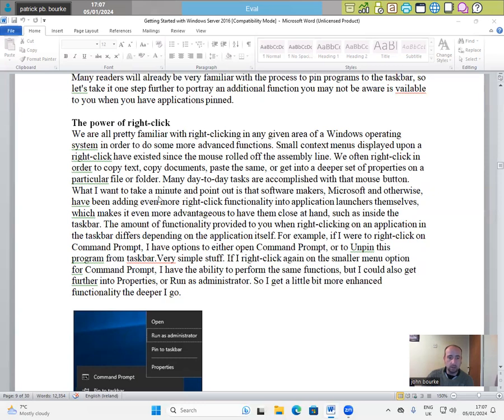What I want to take a minute to point out is that software makers, Microsoft and otherwise, have been adding even more right-click functionality into application launchers themselves, which makes it even more advantageous to have them close to hand, such as inside the taskbar. The amount of functionality provided to you when right-clicking on an application in the taskbar differs depending on the application